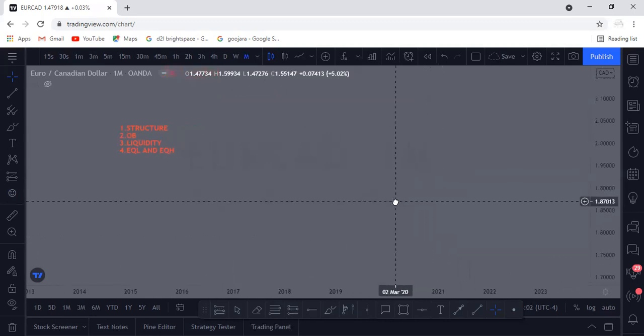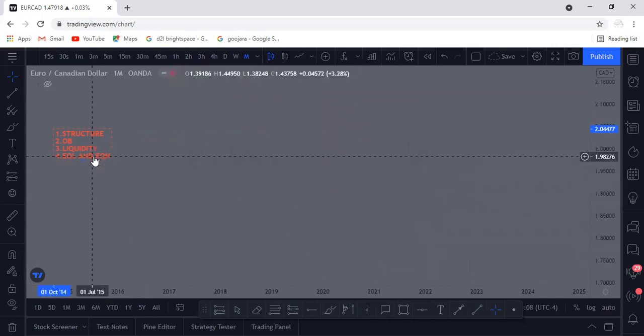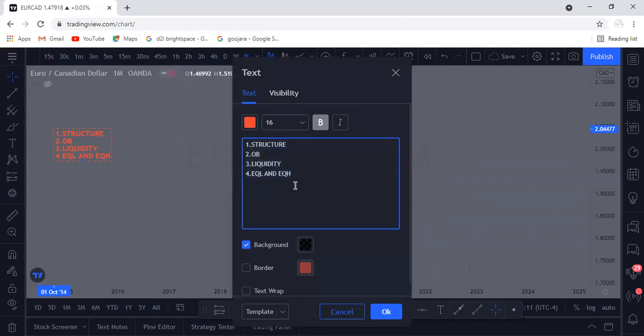All right, there's another thing that I want to talk about in this video: how to successfully trade the Wyckoff schematic. I'm going to be giving you the tips on how to trade the Wyckoff schematic. Number one, you must